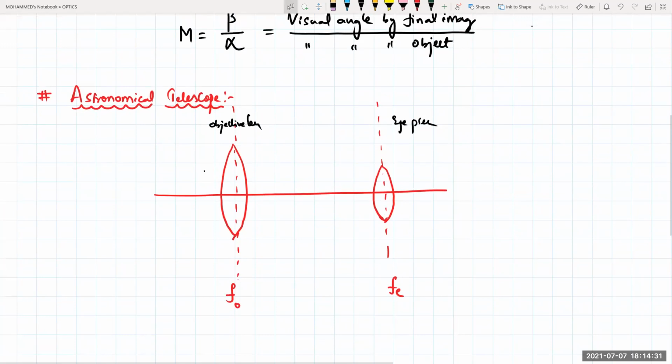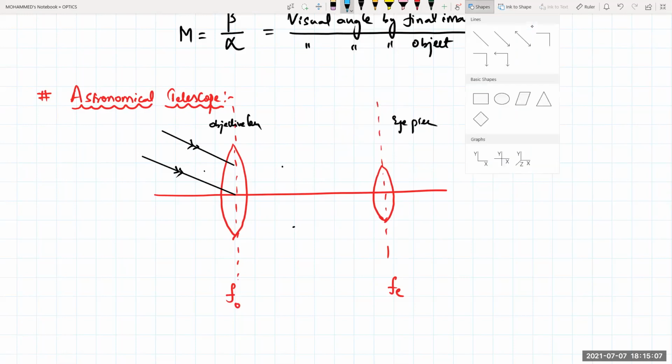Is that clear? Now the object is at infinity. So when a ray of light from infinity is incident on this one like this, the rays come parallel from infinity, parallel to the principal axis. If you are seeing the rays which are on the surface, they are inclined. Yes, sir. So this one is the ray of light. That is the reason, because I can't draw the complete diagram now, I'm just making the rays diagram like that. Okay? Yes, sir. Then if I'm talking about this one, these rays will be meeting somewhere here, right?